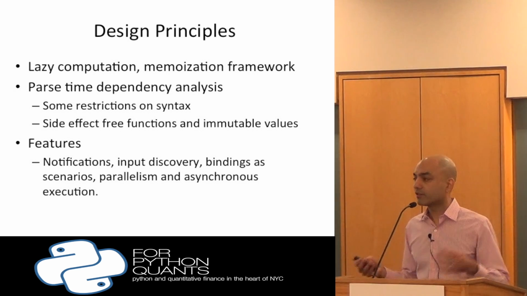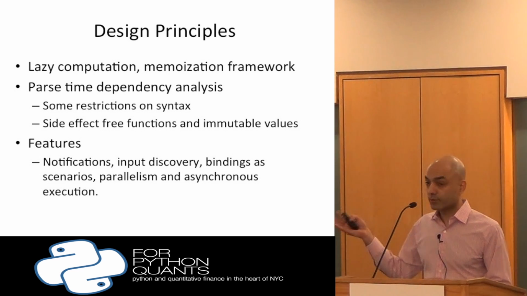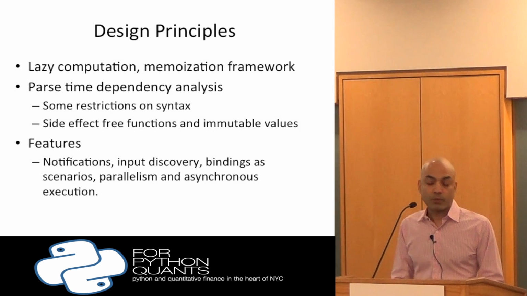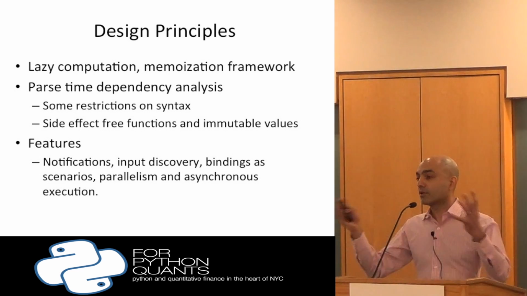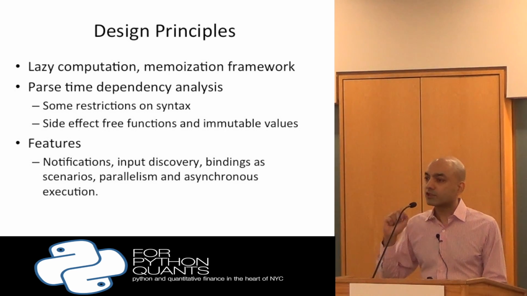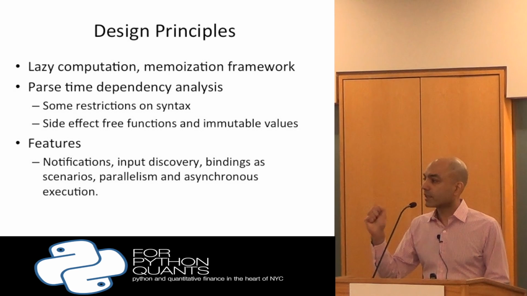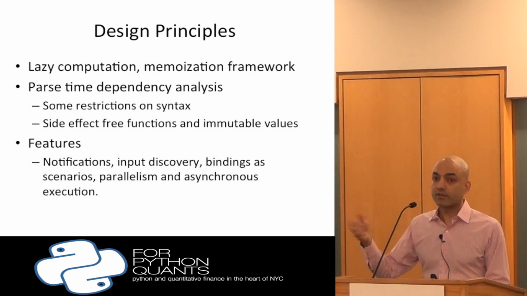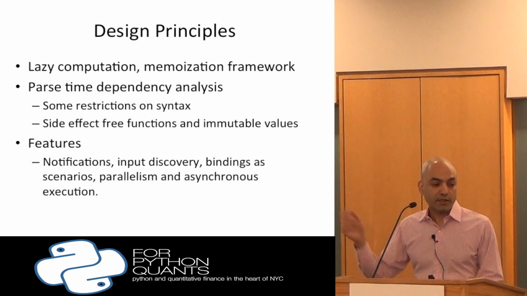Notifications on a dependency graph is very useful to actually support an efficient way to do data binding. We can also do input discovery. So say you've built, for example in Excel, a graph of formulas. It would be very nice to know, is any of these things an input that I care about? For example, a spot of a currency pair, a yield curve or something like that, be able to tweak that, etc.